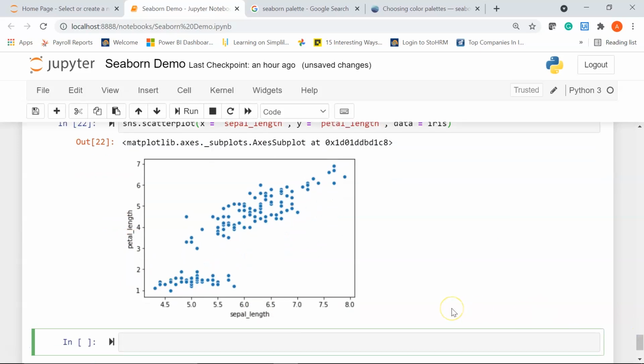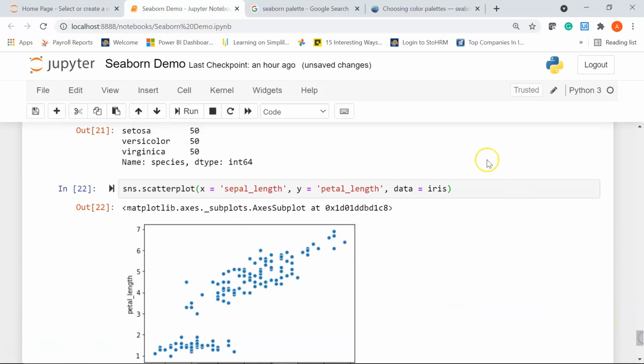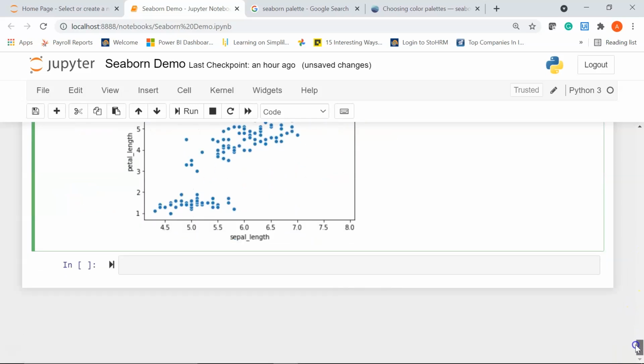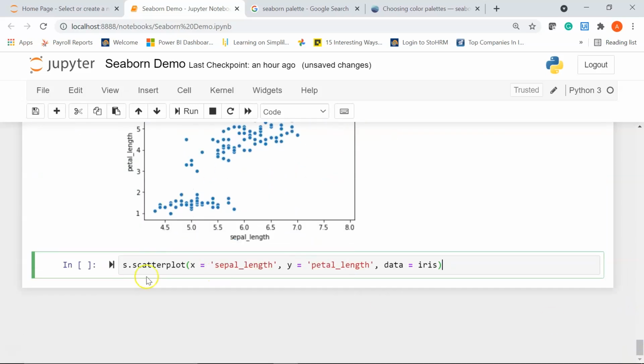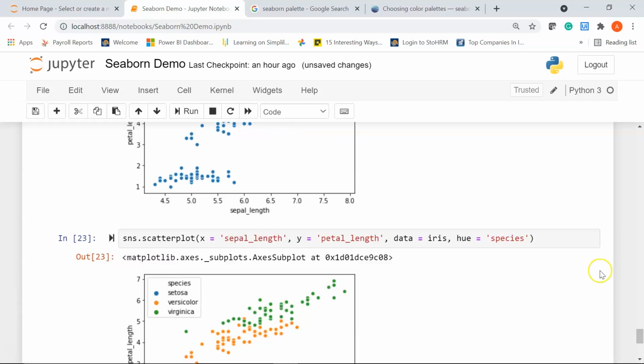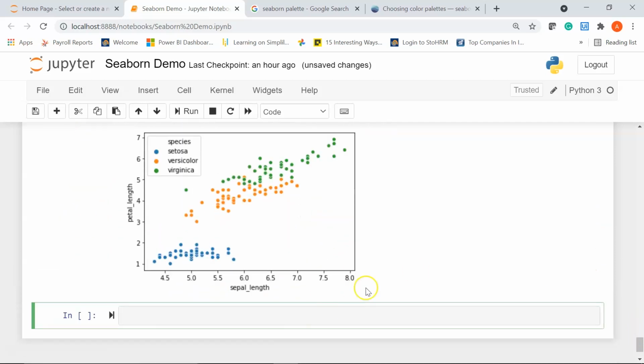Now you can classify the different species of flowers using the hue parameter as species in the function. So what I'll do is copy my above code, paste it here, and we are going to edit in this cell itself. I'll add a last parameter called hue, and this will have my species column. Let's run it and see the difference. There you go. Here you can see we have a nice scatter plot.